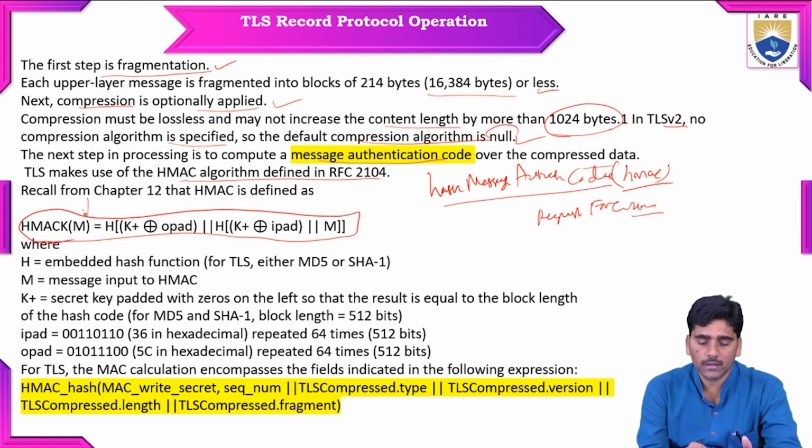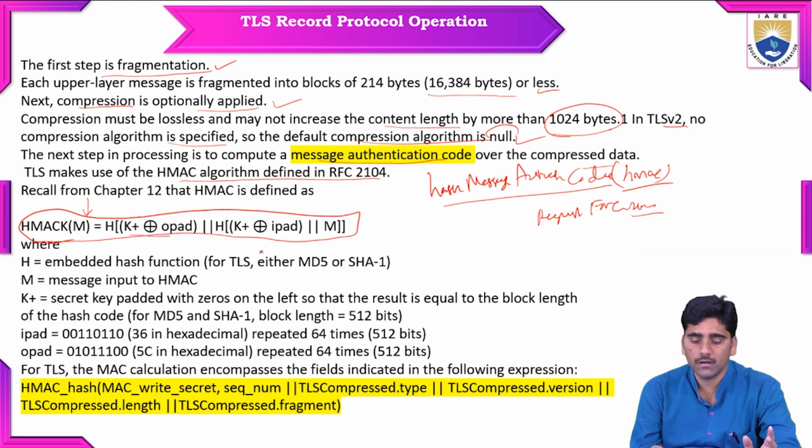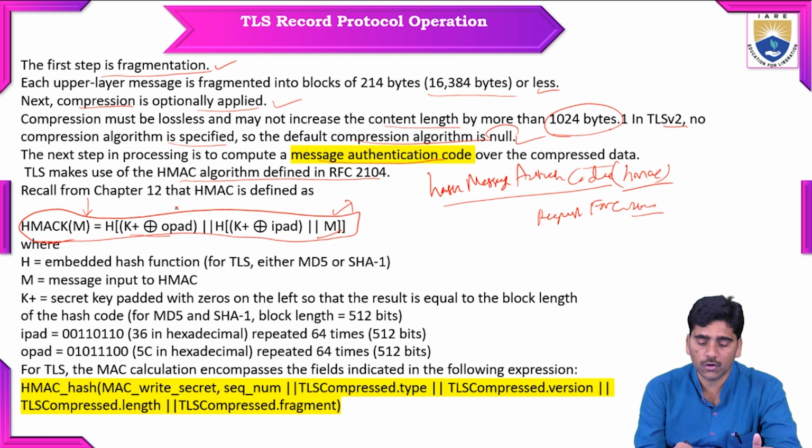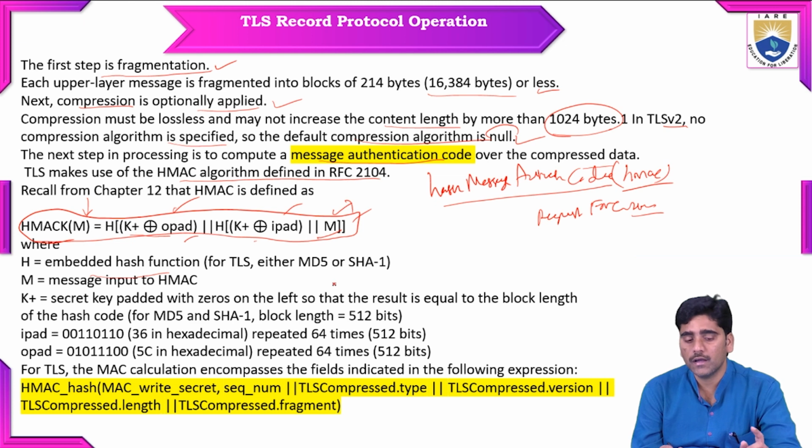That is nothing but applying the hash message authentication code to the message: HMAC equals H of (K+ XOR opad) concatenated with H of (K+ XOR ipad) concatenated with the message. So the input pad and output pad are applied to this message, where H equals the embedded hash function, and M indicates the message input to HMAC,